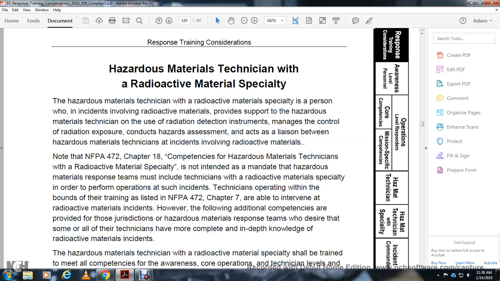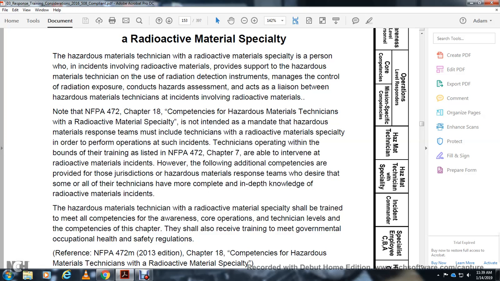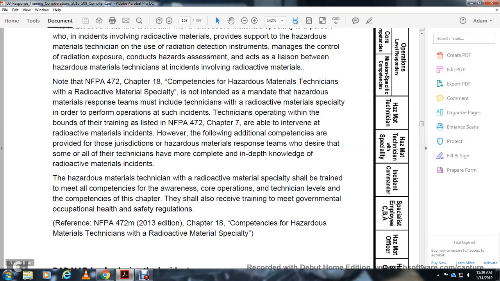With the following additional comments, if the jurisdiction's hazardous material response team desires that someone and all other technicians must complete in-depth knowledge of radioactive material, the hazmat technician, radioactive material specialist should be trained to meet all the competencies of the core operations and technician level, and should also receive training to meet the government occupational health and safety regulation, National Fire Protection Association 472, 2013